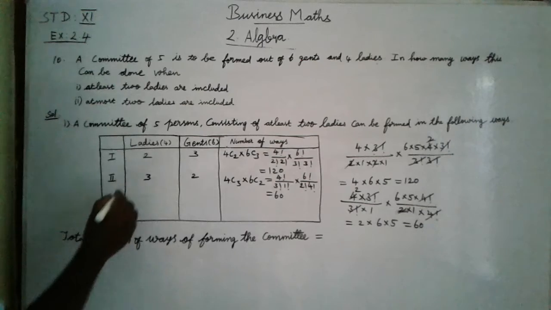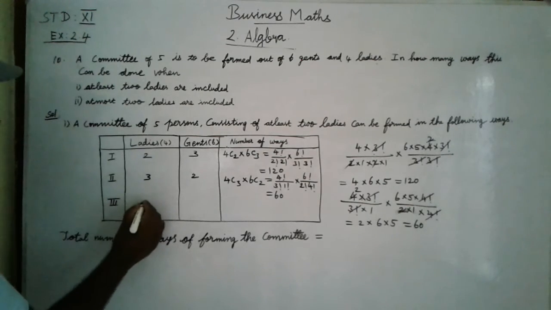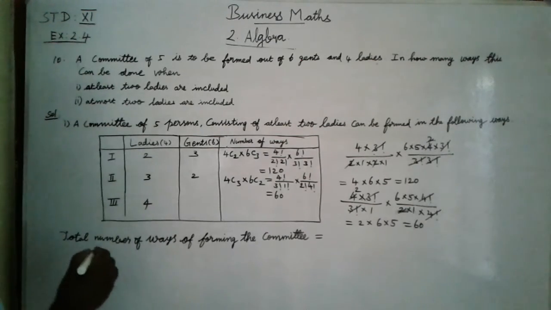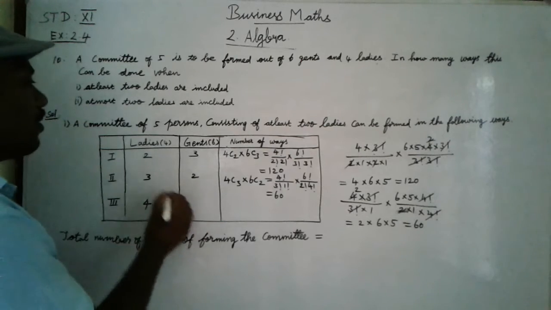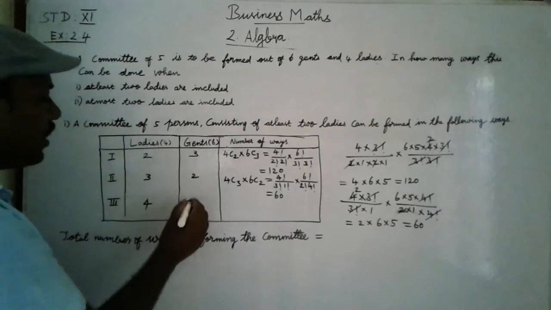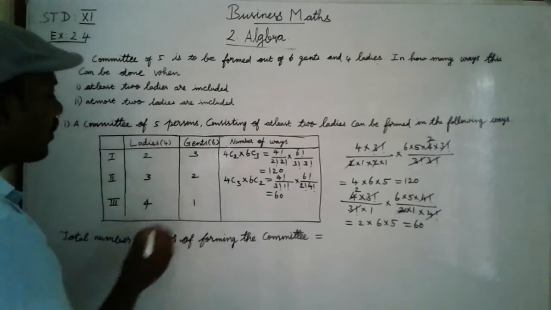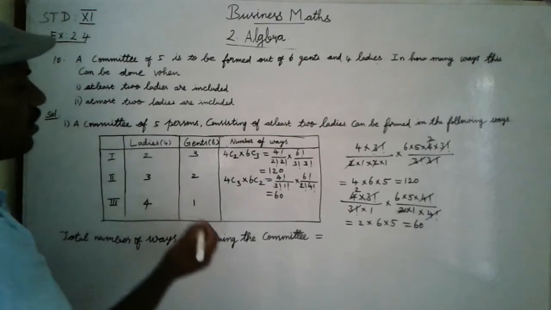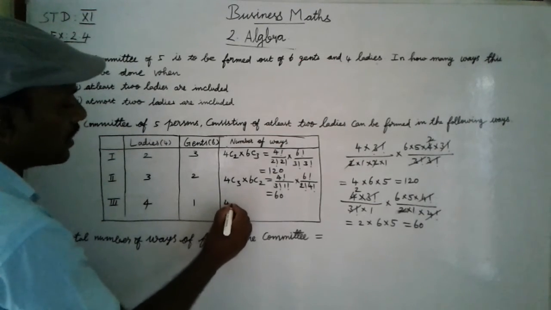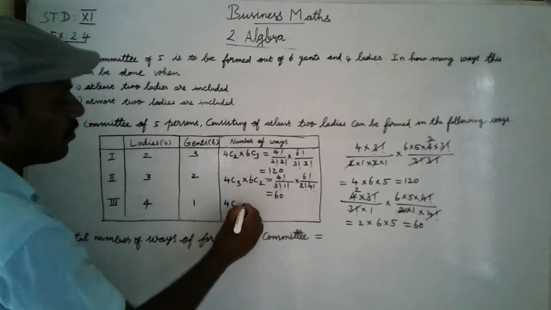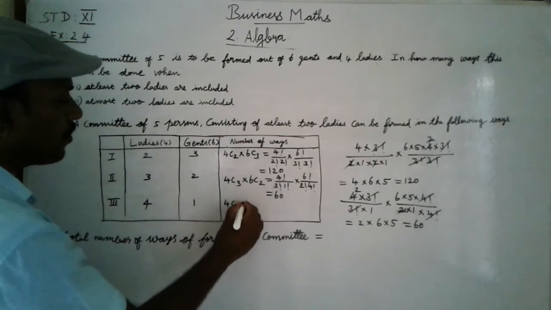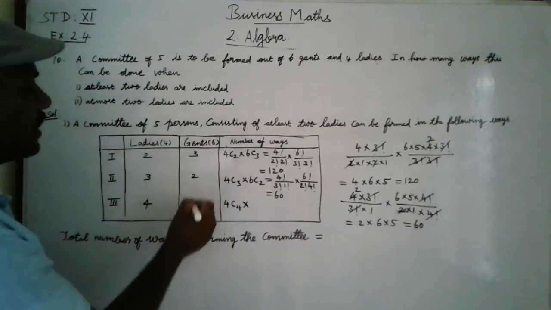Next, 4 ladies. 4 ladies, so total is what? 5. Then what is 1 gents? So 4C4 into 6C1